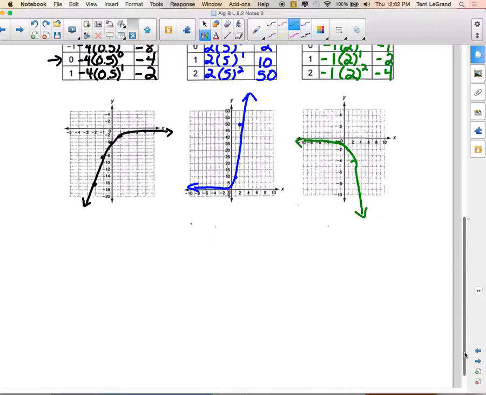Okay, then you have 5 of these to do. There is some white space, but you can probably try and make your own table for the last 3. They make a table for you for the first 2. For the last 3, you can create your own table and then